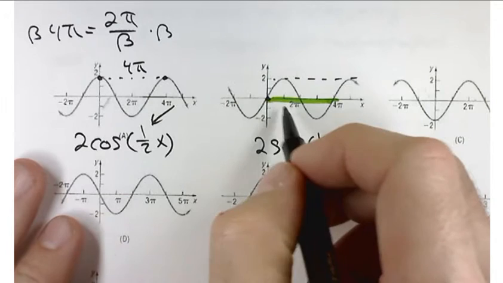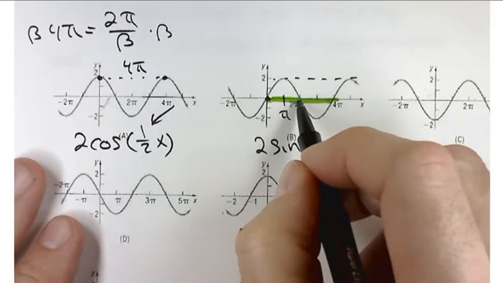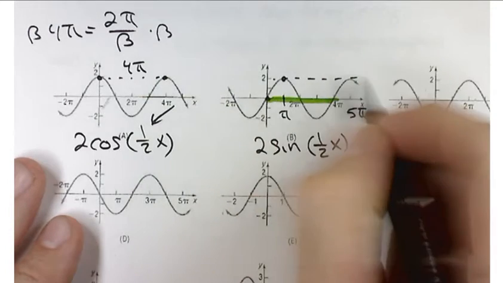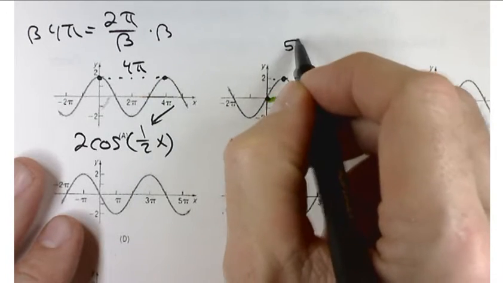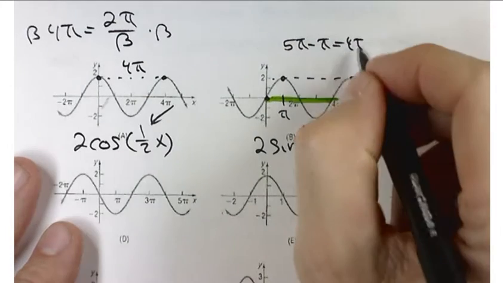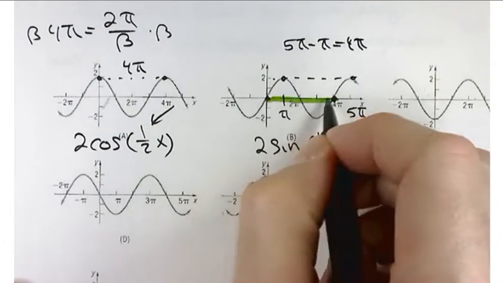So, for instance, this point would be pi, and this point would be, well, that's 2 pi, 3 pi, 4 pi, that's 5 pi. So if you go from top here to top here, 5 pi minus pi, it's still 4 pi, right? So the period is the distance that you have to travel to get to identical parts